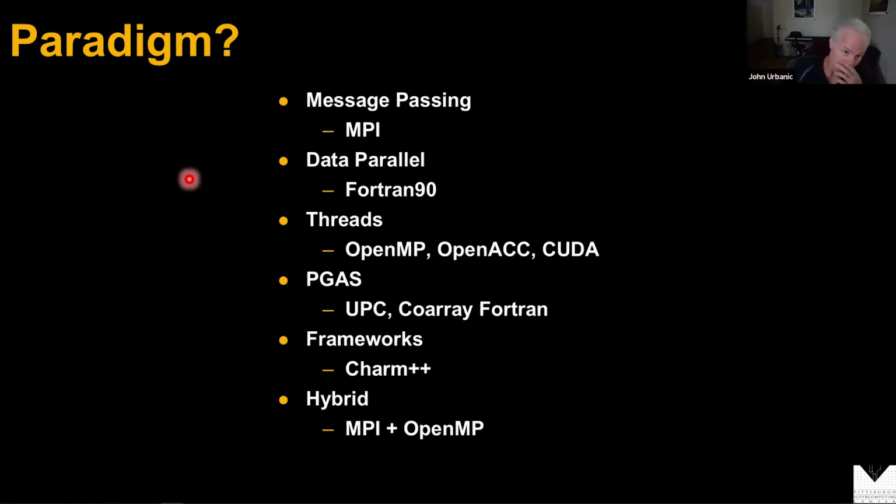It's an overused buzzword, but maybe it's fitting here: pick a general paradigm as the way you're going to do parallel programming, because as we're about to see, most of these approaches do fit themselves into some categories. Let's step through them. The first one we actually know, which is message passing.